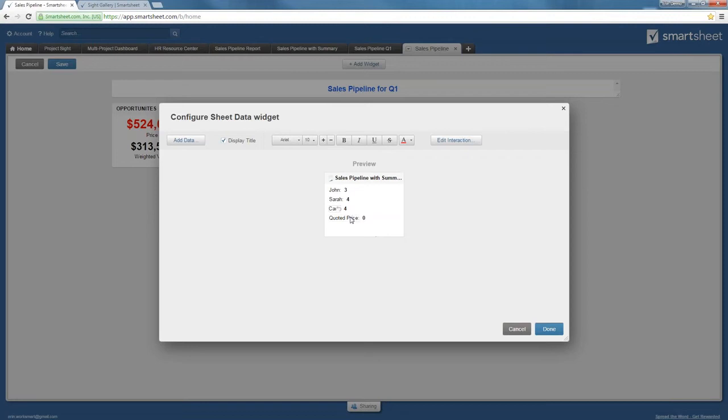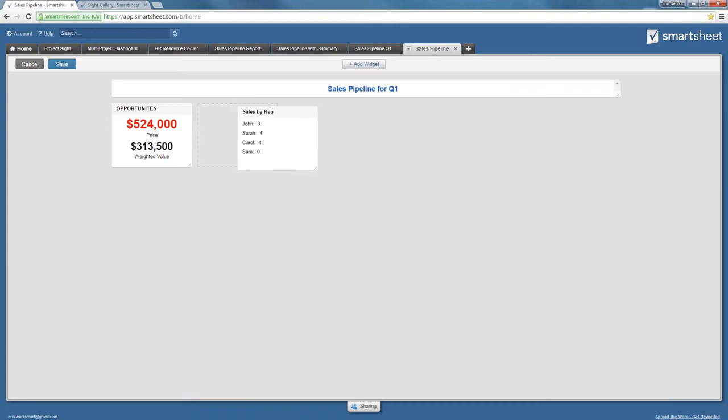So I can put in the names if I want to show names. If I wanted to show something else, I could do that. Again, I can also change the title. Maybe I want to call this Sales by Rep. I also can format the text, the interaction, and again, click Done when I'm completed and drop my widget onto